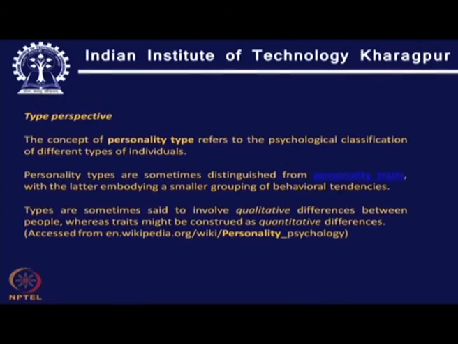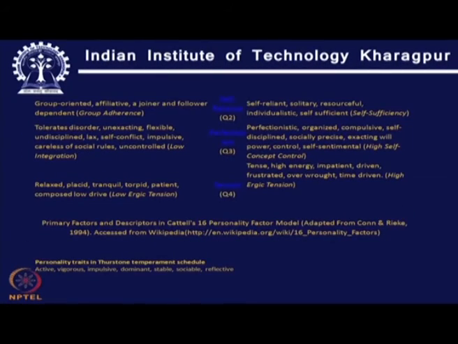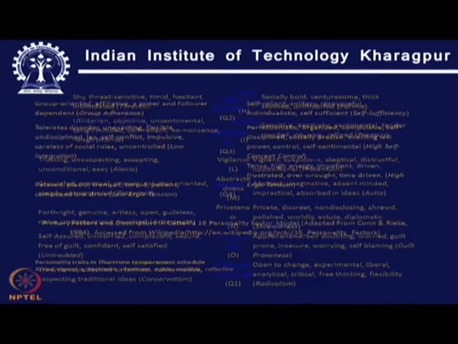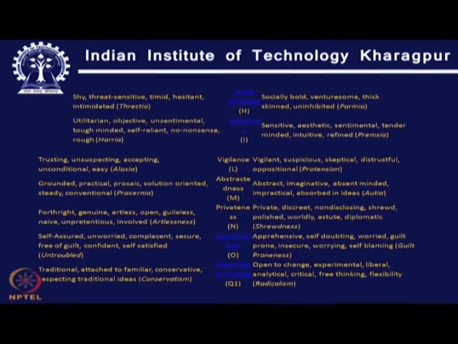But we should not arrive at certain sorts of judgments like this, because some situations demand that you behave in certain ways, and certain types of people are more suitable for certain types of jobs. Again, we have to choose people accordingly as far as the OB perspective is concerned. So, from the point of view of organizational behavior, we have to keep a very open mind, and without being judgmental about what is good and what is bad, we have to map the personality pattern of the individuals